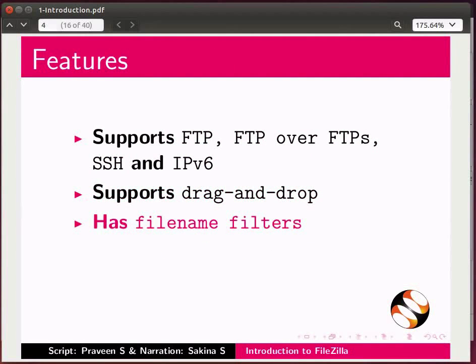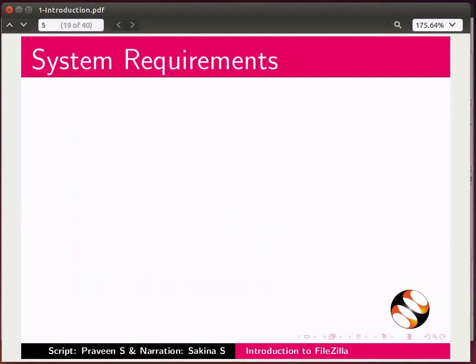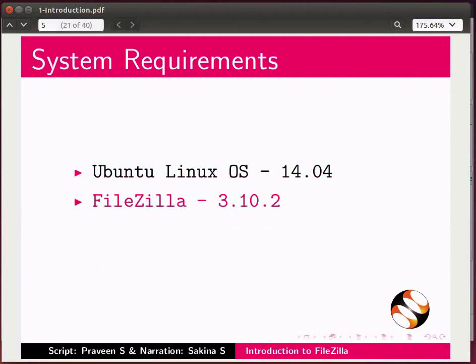Users can filter specific files that fulfill the conditions they want. Directory comparison to compare local and remote directories. Supports bookmarks. To record this tutorial, I am using Ubuntu Linux OS version 14.04, FileZilla version